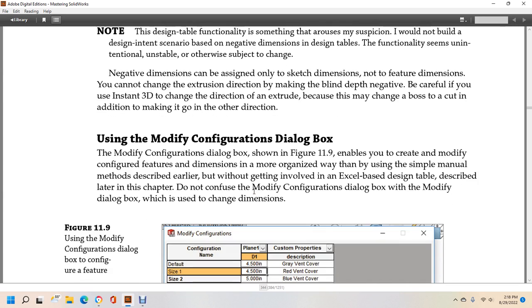Using the Modify Configuration dialog box. The Modify Configuration dialog box, shown in Figure 11.9, enables you to create and modify configured feature dimensions in a more organized way than the simple manual methods described earlier, without getting involved with the Excel-based design table methods described later in this chapter. Do not confuse the Modify Configuration dialog box with the Modify dialog box,